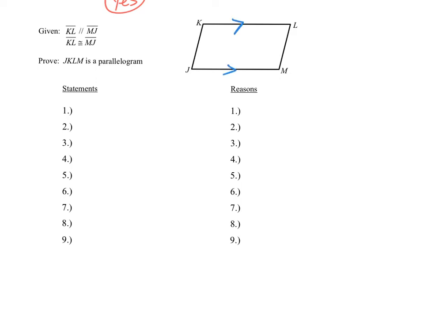We're also going to assume that segment KL and segment MJ are congruent. So go ahead and mark those. So given we have one pair of opposite sides, both parallel and congruent, let's prove that JKLM is a parallelogram, okay? So to do that, we're actually going to do it by using congruent triangles, and we'll create